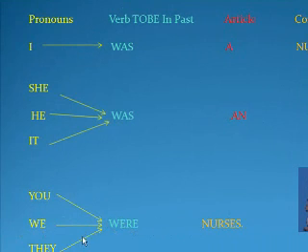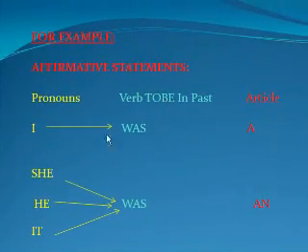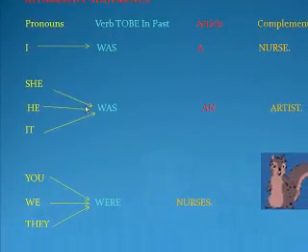They were nurses. Student, don't forget. The past of the verb to be, the meaning is fue, estuvo. Indicates past. El pasado del verbo to be indica pasado. Fue o estuvo. No olvidarse. Okay, past, another